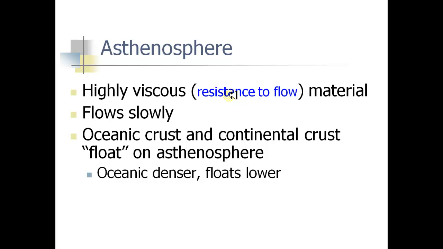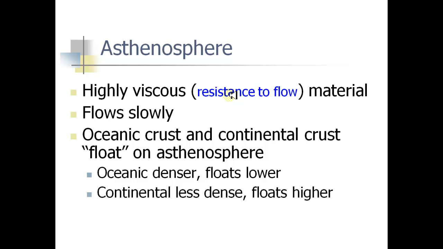Oceanic is more dense, it floats lower. Continental is less dense, it floats higher, floats above the water. That's why the ocean is sitting on top of the oceanic rock, and the continental rock is where the terrestrial animals live. And we have what are called isostatic adjustments when the oceanic rock is sitting there and the continental